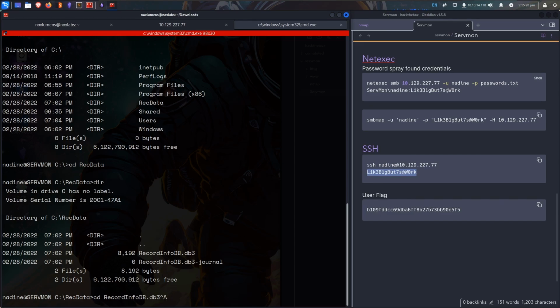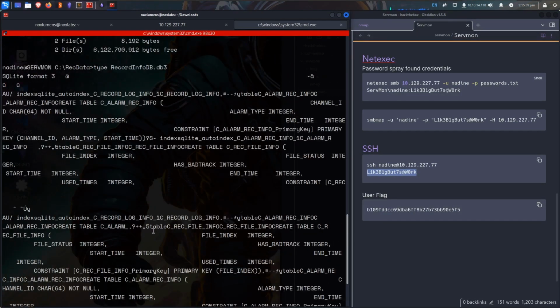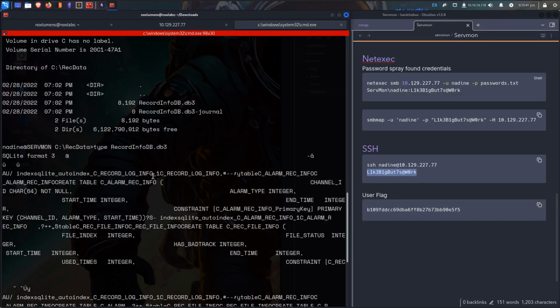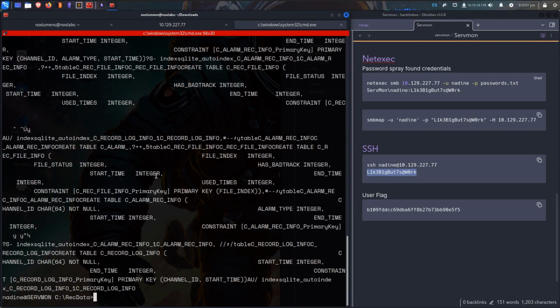db.db3. Let me see. Oh, SQLite. Arm rec info primary key. Let's do